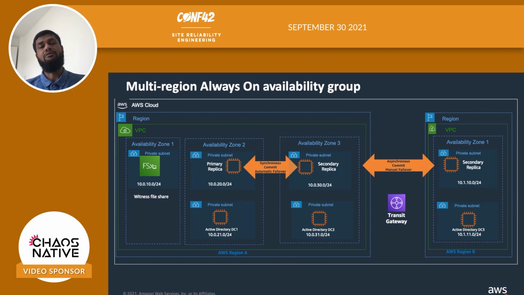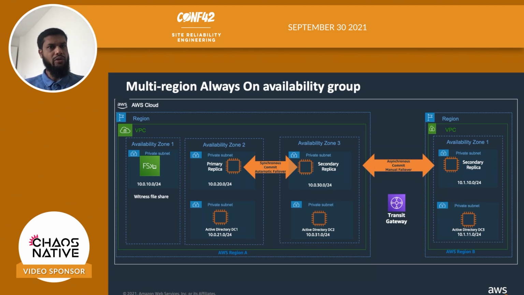If you look at this, it's a multi-AZ within the same region. Let's take it to the next level. I want to go multi-region. How about that? You can still do that. You can have your synchronous replication within the region with the automatic failover between AZ2 and AZ3, but you can add another region and create a stretch cluster that goes across the region, and have the transit gateway